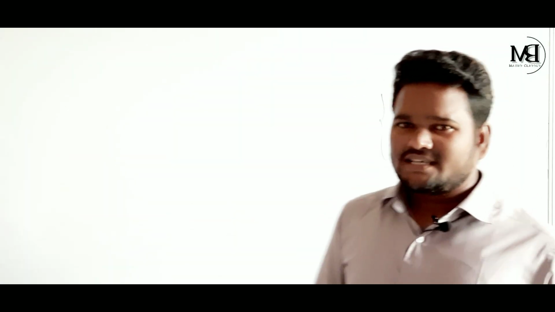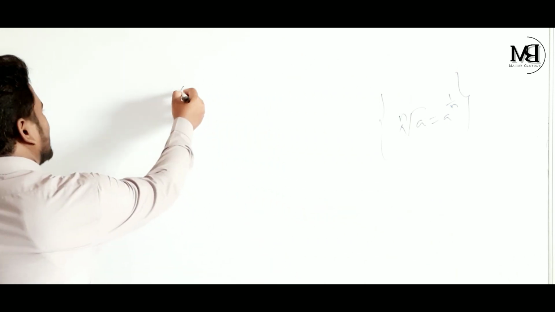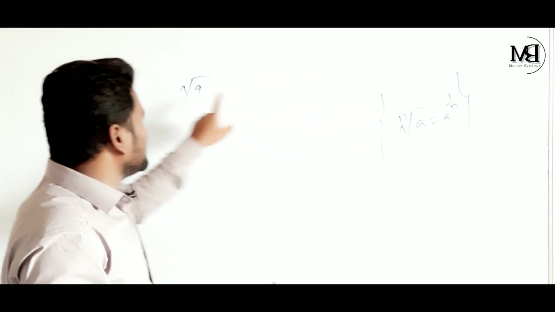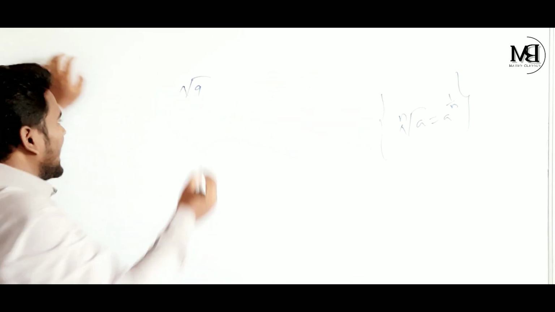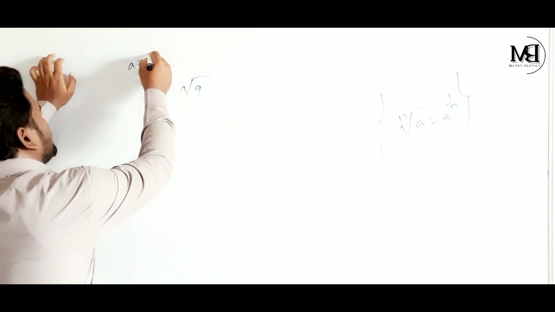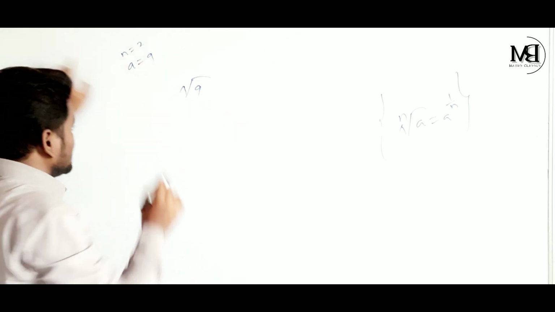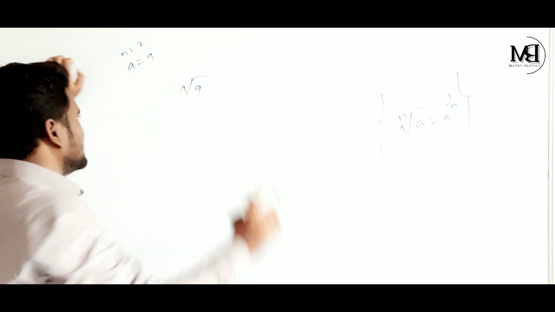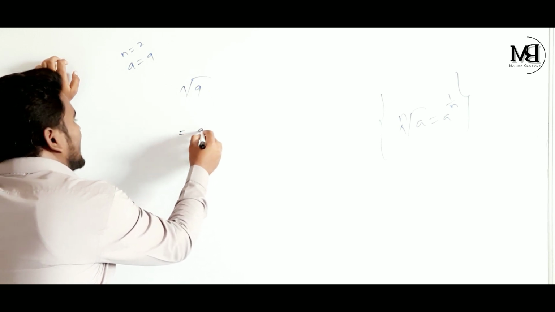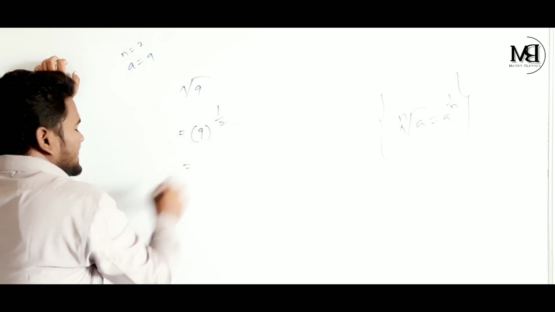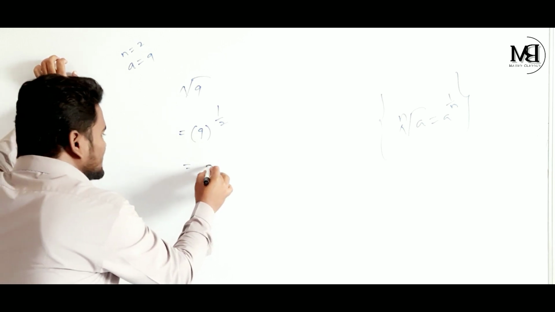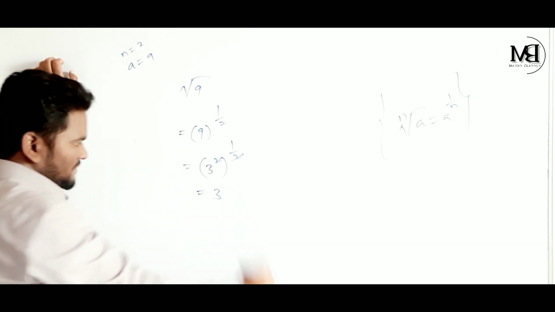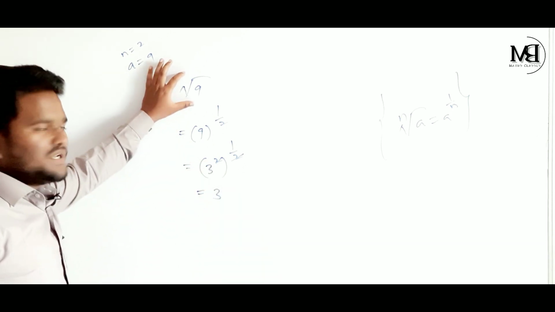Okay, let's see some examples here. If I am taking root 9, actually this is square root 9 and we are going to apply this formula to find the square root of this 9. Okay, as per this formula, a is equal to 9 and n is equal to 2. Children, if there is nothing, we have to consider 2. There is an exception. Okay. See, root 9 means 9 power of 1 by 2. It is equal to, this 9 can be written as 3 power of 2 and whole power of 1 by 2. Here the 2s get cancelled, I am getting 3. This 3 is the square root of 9.